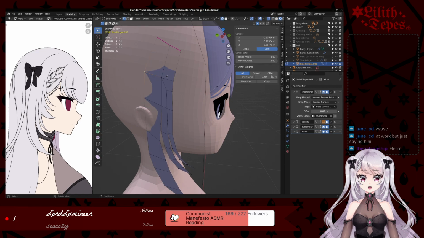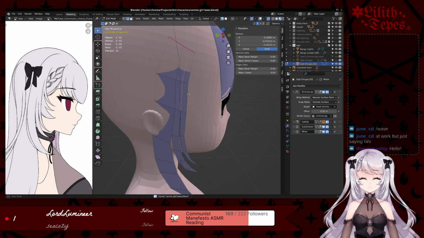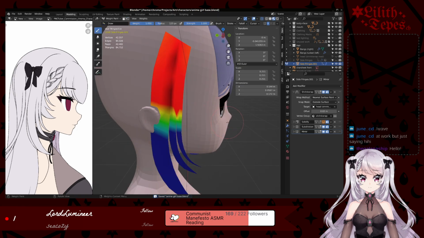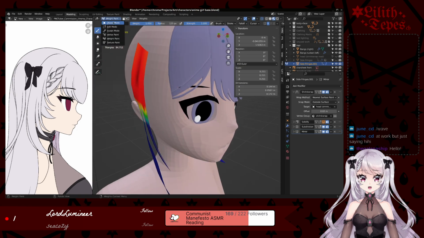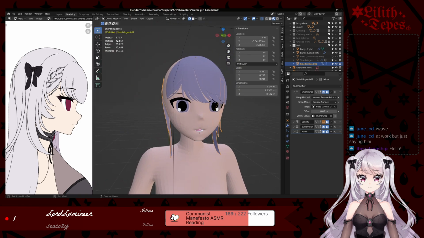Now we can go into edit mode. Select these edges. Dissolve. Go in with the knife. Bump, bump, bump. And now our topology is nice and clean. And if we go to object mode,